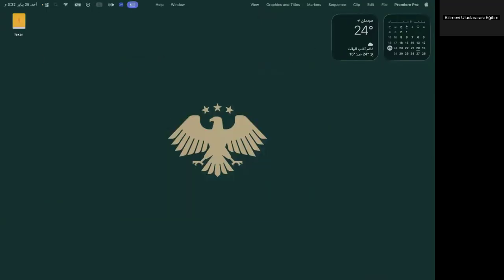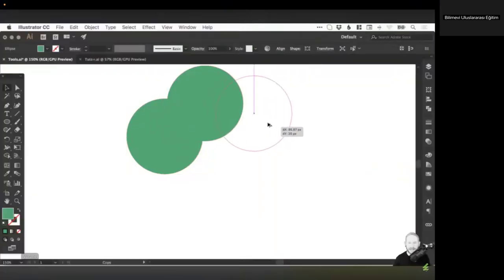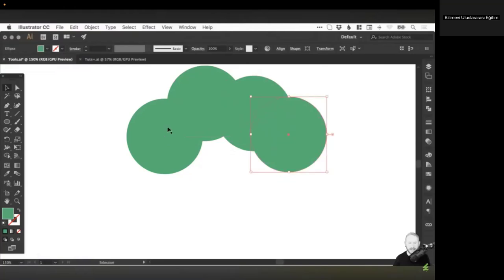And it will combine those like so. And we could then just knock out some of these shapes. Now, another really good use of this is if you wanted to create a cloud, for example. So you can see here, I'm literally using just all the basic shapes, circles and the rectangle tool